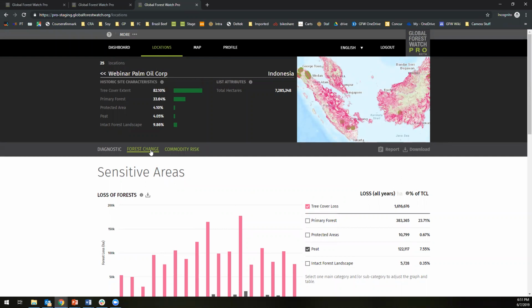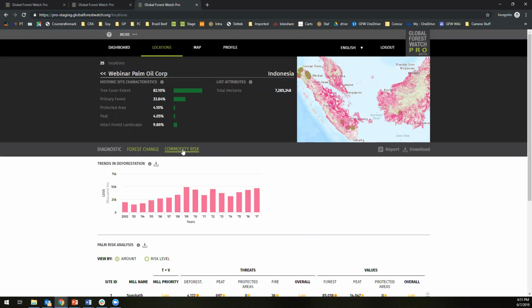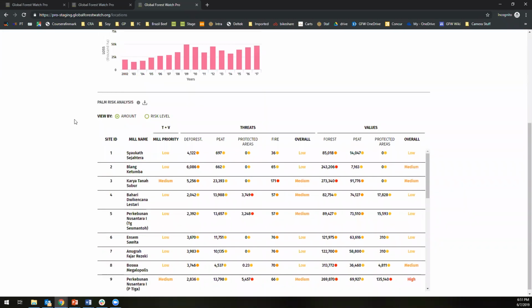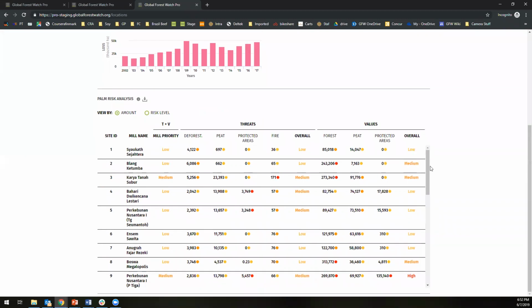Instead of looking at the forest change diagnostic, we're going to go to the commodity risk diagnostic, which we have for palm. Now what it's doing here is looking at some of the same kinds of data, but running it through an algorithm that analyzes the relative risk of these locations, these areas around palm oil mills. So when we're working across a landscape with a huge number of mills, it's tough to say who's doing well, who's got some problems. And sometimes we might have hundreds of mills at a single time that we need to